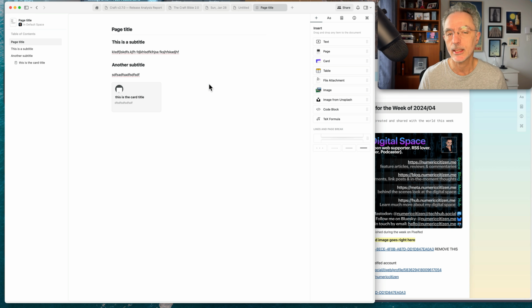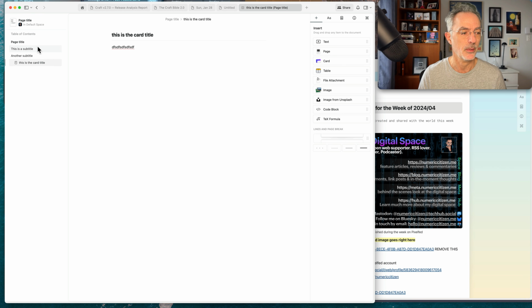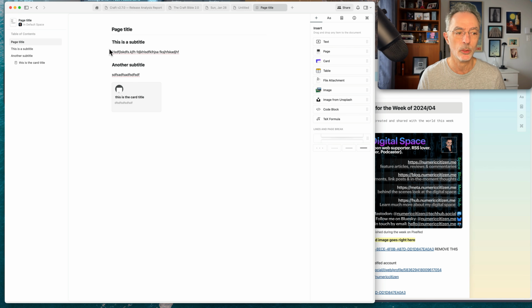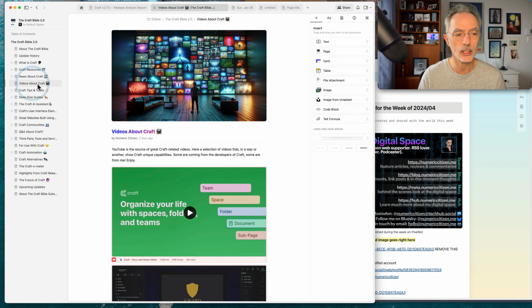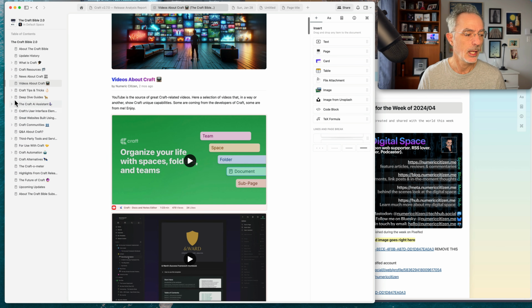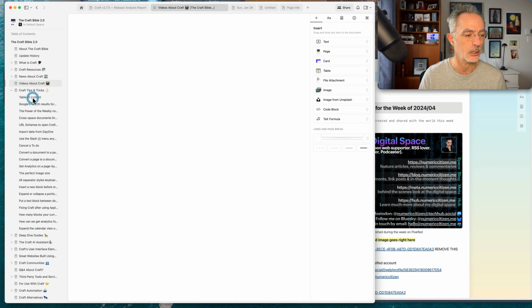So finally, the table of content that has been there for close to a year on the web version of Craft is now available in this release. As you can see here, you can click on different portions of the table of content, and you will be able to navigate within your document. So when you have a complex document, like the Craft Bible 2.0, you can see all your nodes, the structure of your document, and you can quickly click in these sections